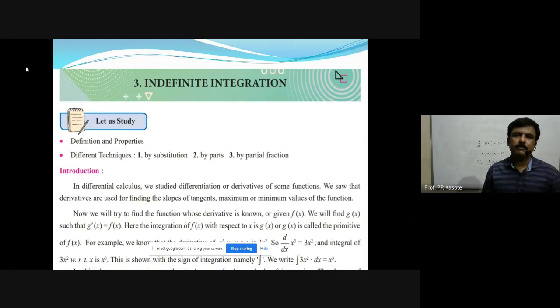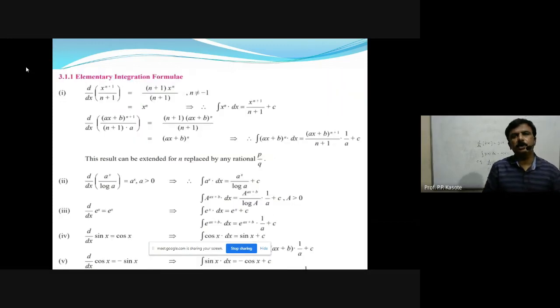There is one more type of integration, that is definite integration, and we are here studying the indefinite integration. The difference between these two I'll explain later on, but today we are going to talk about the several methods of finding the integration. As I explained before, if the derivative of f of x is equal to g of x, then the integral of g of x is f of x. On the basis of this definition, there are a few standard results we have.